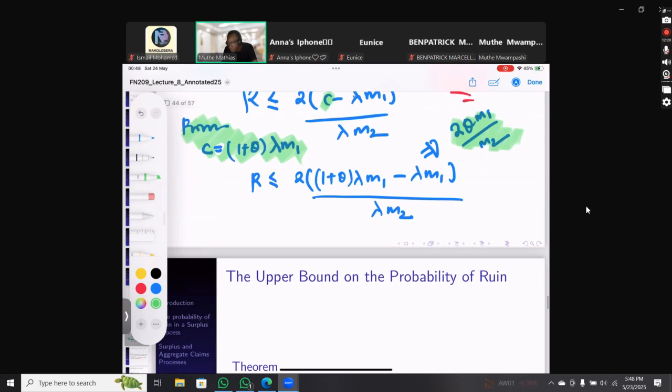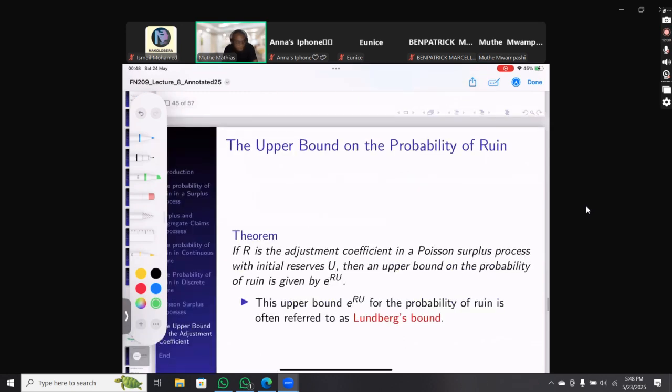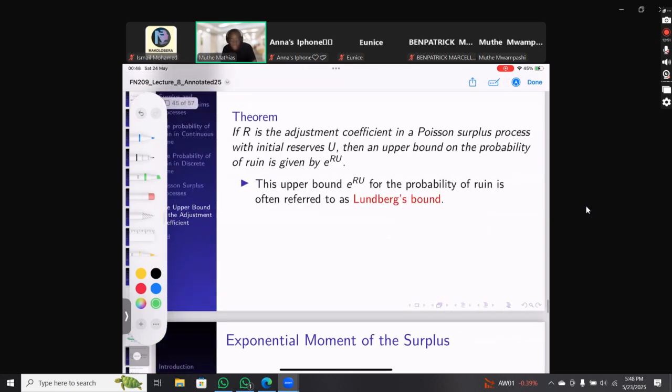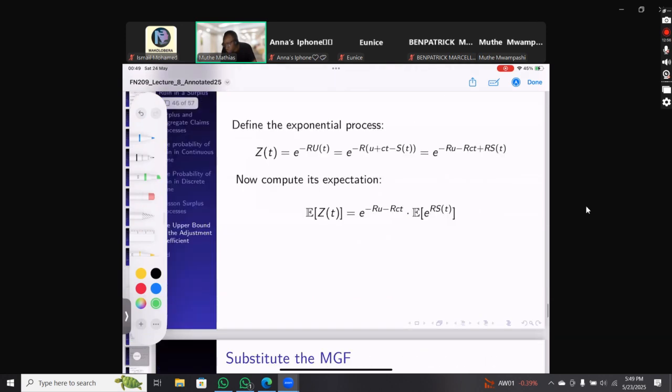And what we have to do now is simply to prove the upper bound for the probability of ruin. I think this is more important now because at the end of the day, we were interested in the probability of ruin, right? Of course, we have to estimate the adjustment coefficient because we are going to need it to estimate the upper bound of the probability of ruin. But what is important now is what we are going to cover here, right? Of course, we have a theory about this probability of ruin, but I just want to demonstrate this one quickly, right?